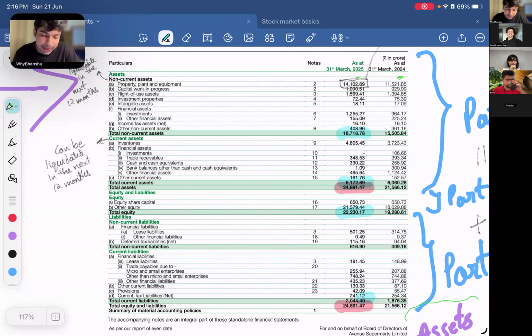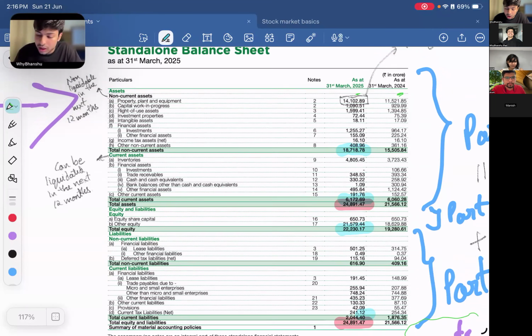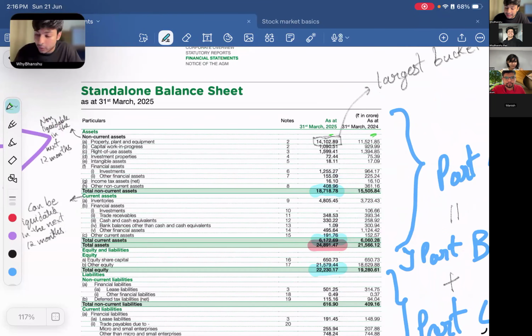Now let's look at the breakdown of assets. So for DMart, you will see that the biggest bucket within this asset is this bucket of 14,102 crores called property, plant, and equipment. Now, this is surprising, right? Because you would assume that a DMart or a grocery player, the biggest asset for them would be groceries, your vegetables, basically the inventory that they will sell, right? But that's not the case, because if you look at the inventory's value, which is this value right here,